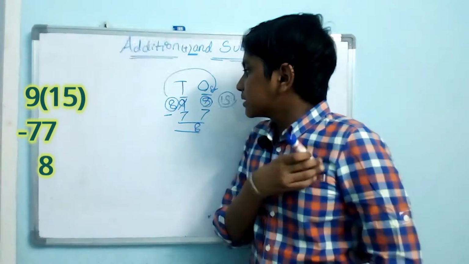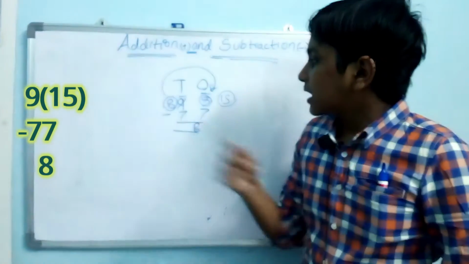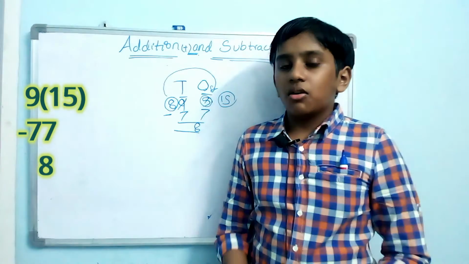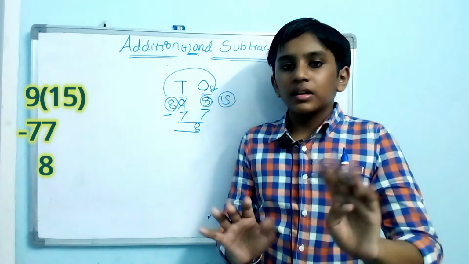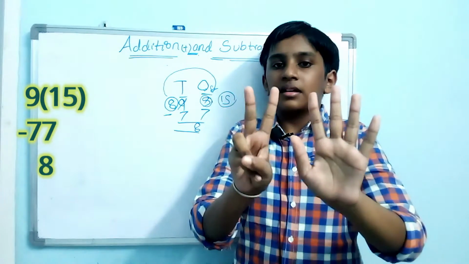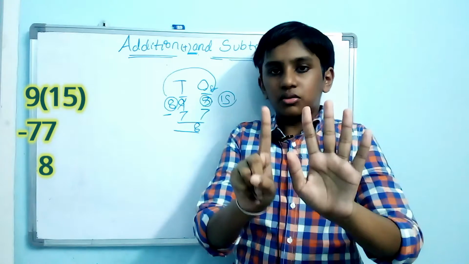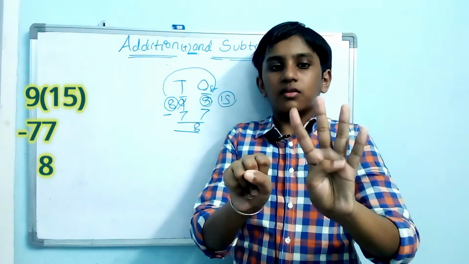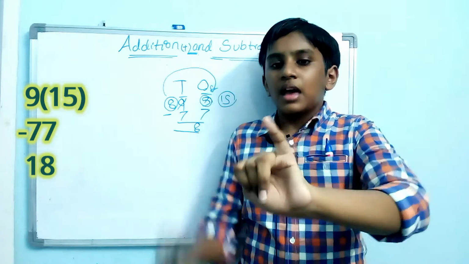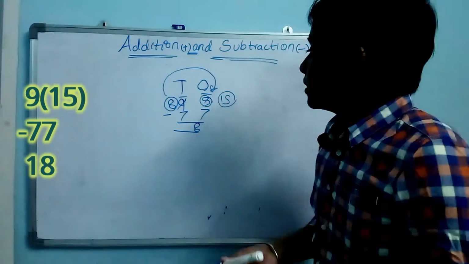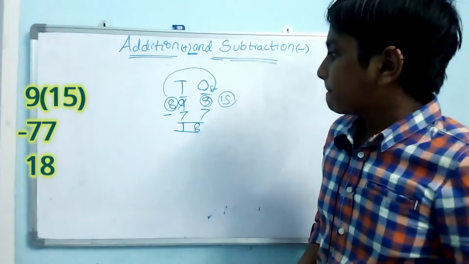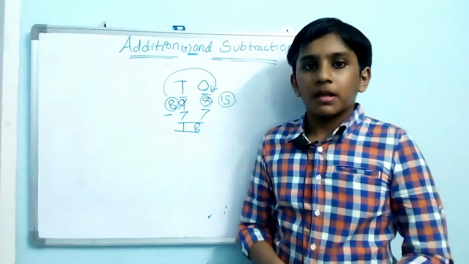Now let's subtract the tens. My friends, because 8 is smaller than 10, we can do subtraction on our fingers. 8 fingers up. Now let's take away 7. 1, 2, 3, 4, 5, 6, 7. How many fingers do I have remaining? I have 1 finger remaining. So my friends, 8 minus 7 is 1. Now we have solved this problem.